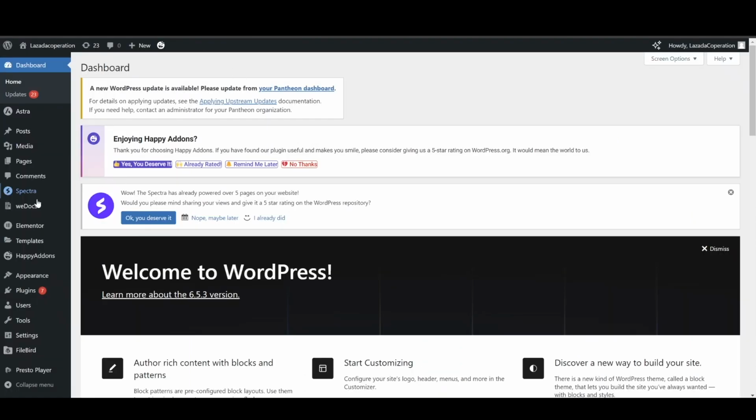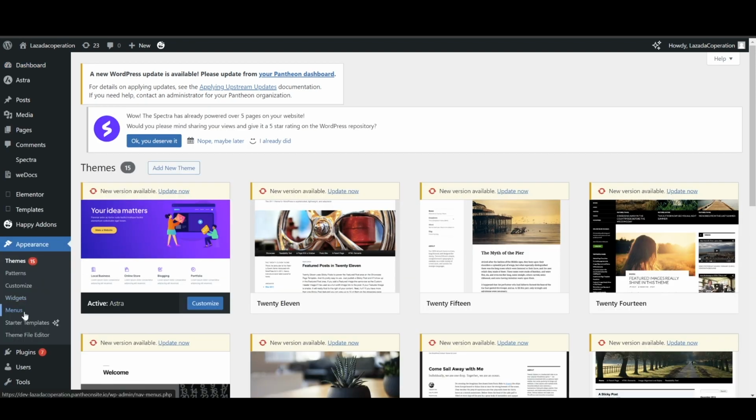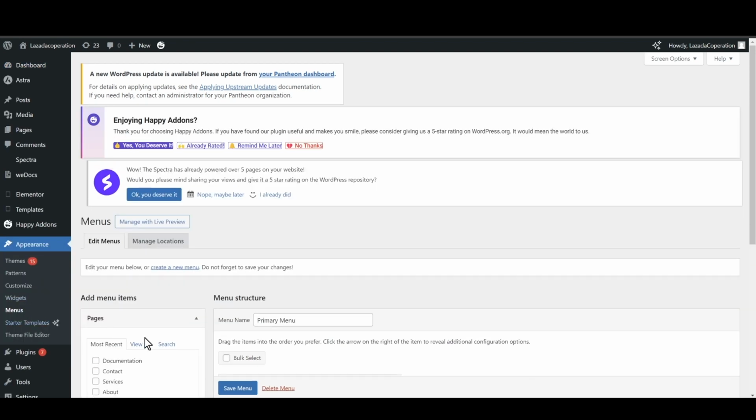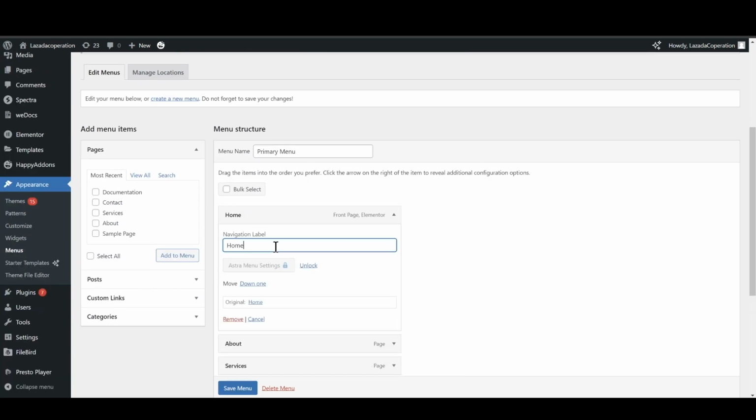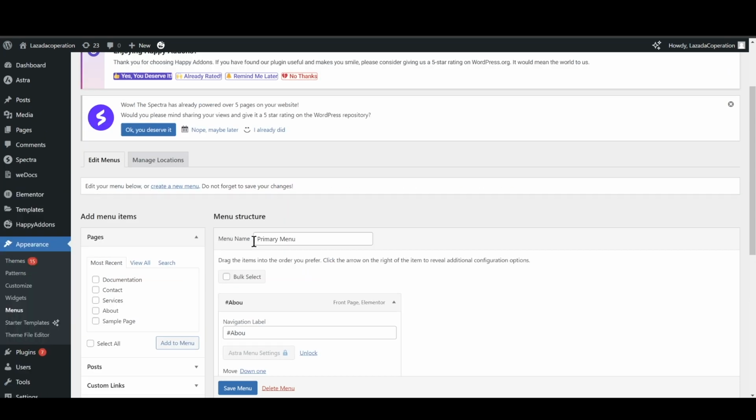You're going to need to simply head over to Appearance and then click on Menus. Now once you click on Menus, you're just going to need to go for the Custom Links, and then you're going to need to simply enter the name of that particular section. If it is about a section, or if it is property or any other name, you're just going to need to enter the particular name. Then what you need to do is make sure to enter the hashtag in the URL. Right now I don't have that, so I cannot show you the further process,